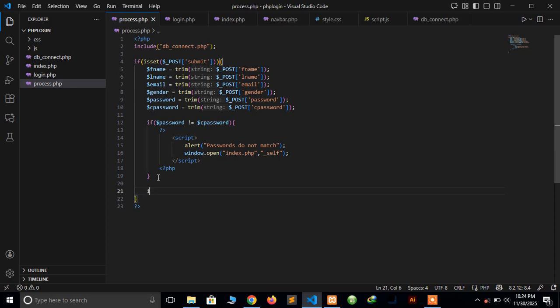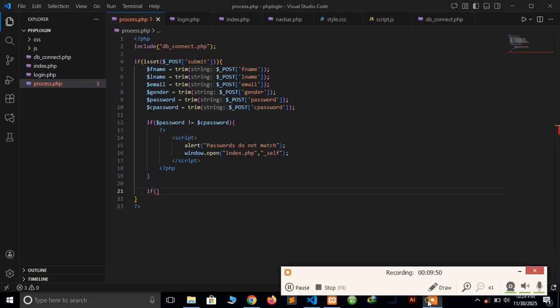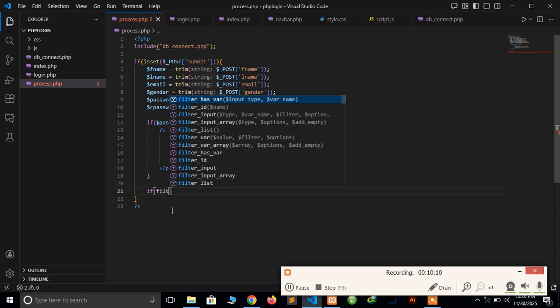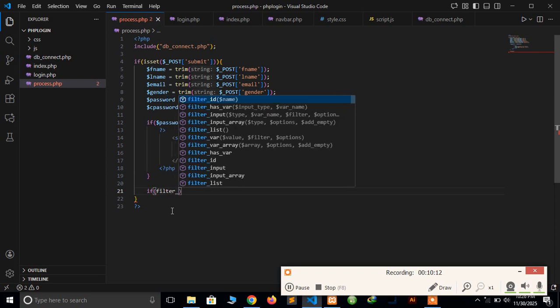So we are saying that if filter var, this is a function in PHP that is used to check whether the email is valid. So let's type that one. So if filter underscore var,